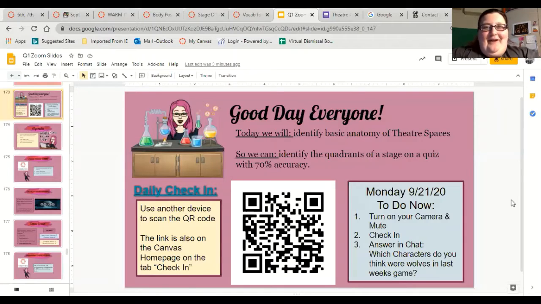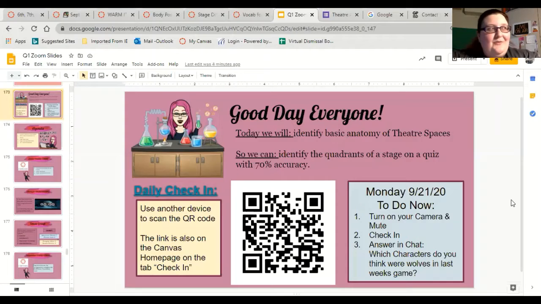So let's get started. Today we will identify the basic anatomy of theater spaces, and we will identify the quadrants of a stage in a quiz with 70% accuracy. As always, our cameras are on, our mics are muted, or we're here in the classroom with our masks up and no naked noses. Our question of the day today is,